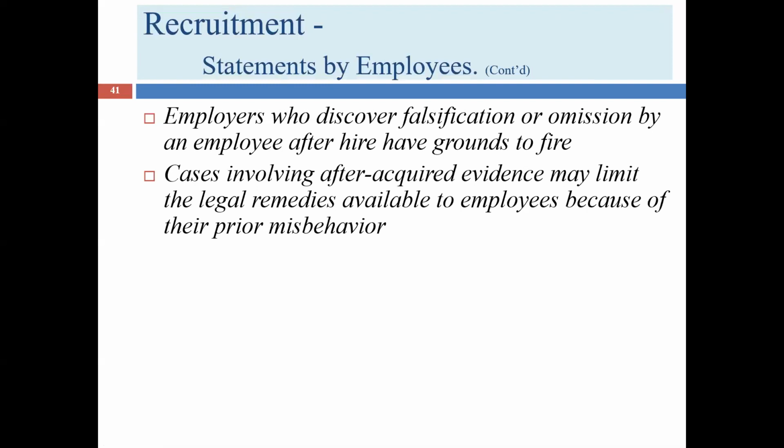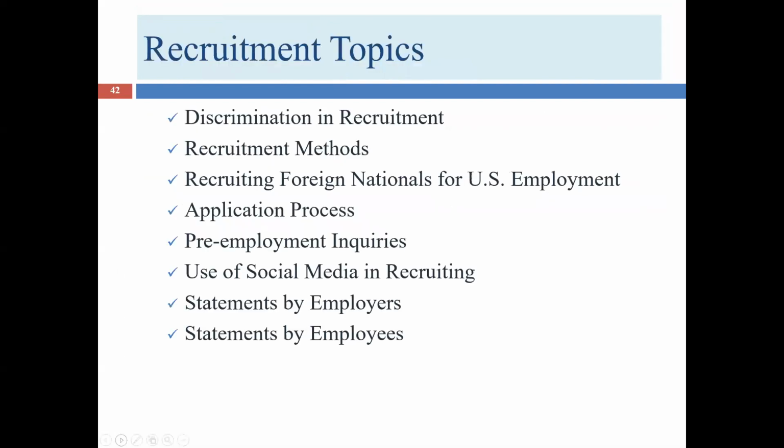And it may be that the only reason the employer found out about this information is because of the lawsuit, but it doesn't really matter why. Whatever that date is, then there's not going to be any more back pay or front pay from that point on, if in fact Bob persuades the jury that Bob was discharged because of his gender or race or whatever the thing is. So it cuts off future damages from that date going forward.